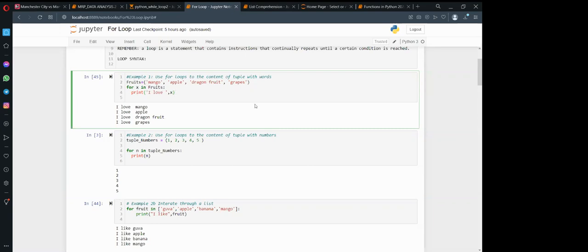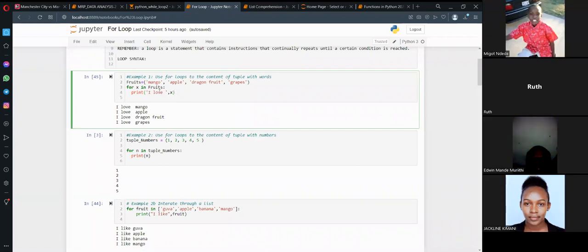Then you say print, I love, then that is just a statement which you are printing. You have to put it in quotes, then you separate them using a comma. So the variable x is what you're printing.